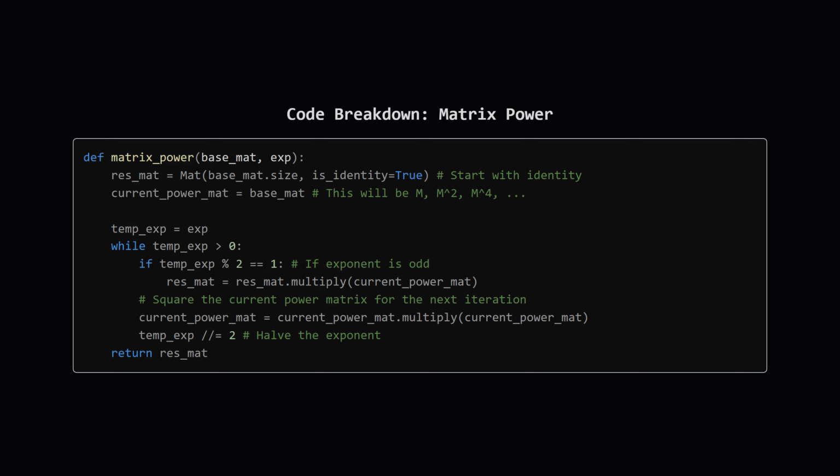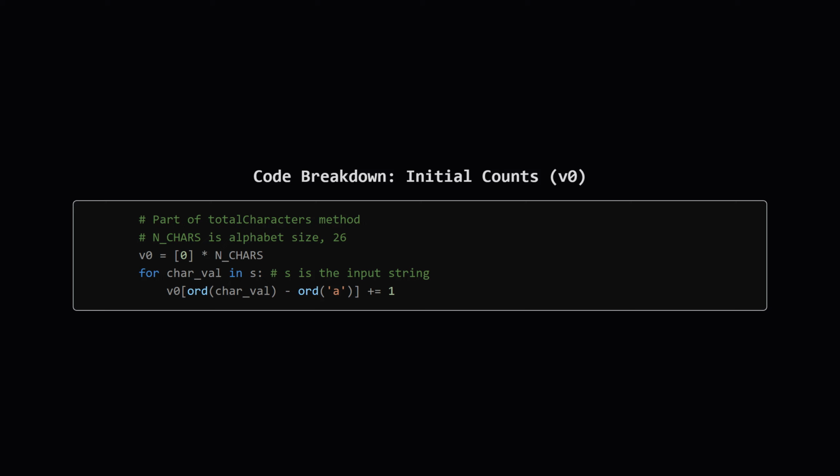It starts with an identity matrix for the result and keeps track of the current power of our base matrix, squaring it each time. If a bit in the exponent is set, it multiplies the result by that current power. This is much faster. Alright, now inside our main function, the first thing we do is figure out the initial